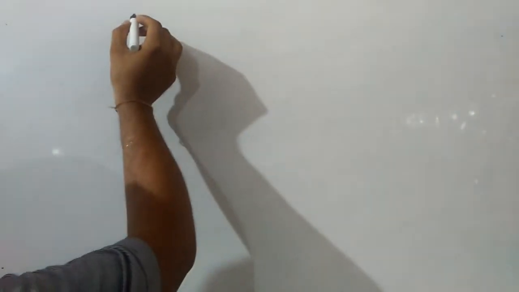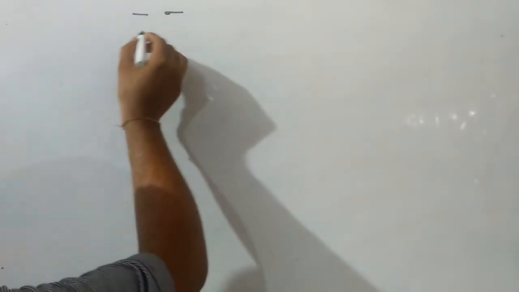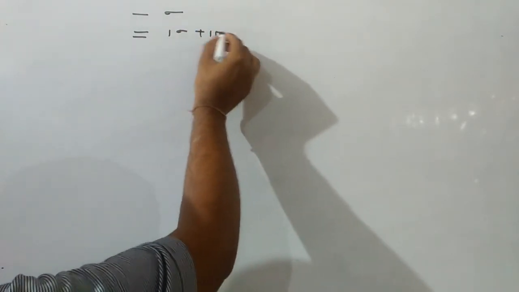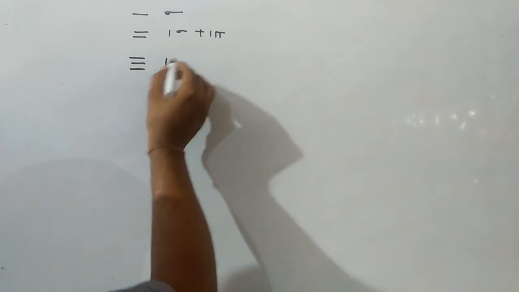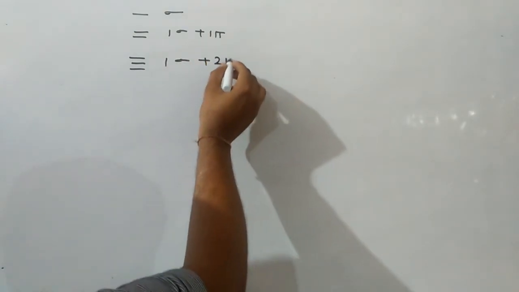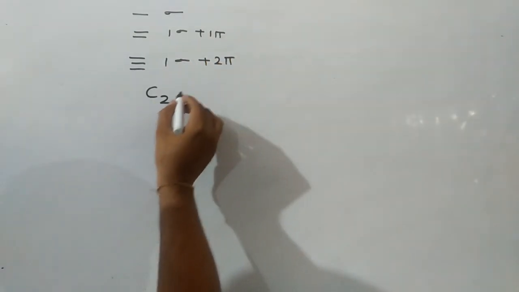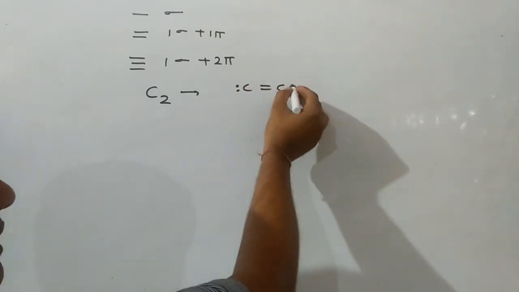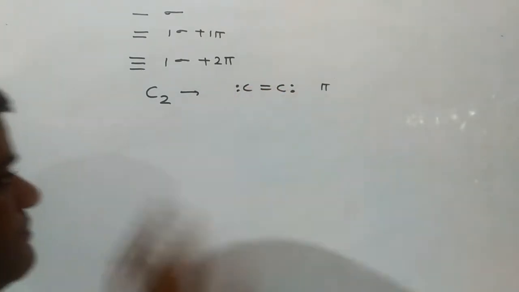How to find out the number of sigma bond and pi bond in a molecule. A single bond is always sigma, a double bond is 1 sigma and 1 pi, a triple bond contains 1 sigma and 2 pi, but the C2 molecule is an exception. In the C2 molecule, both bonds of the double bond are pi in nature.